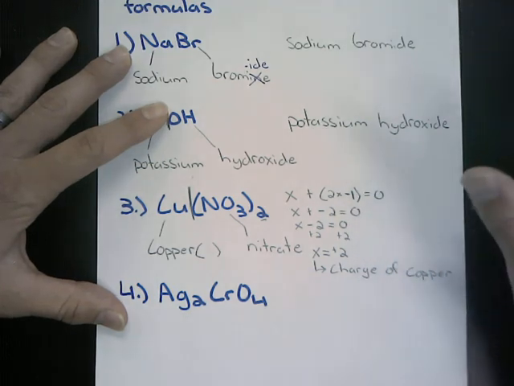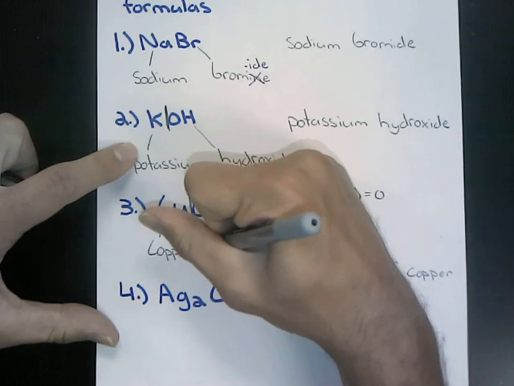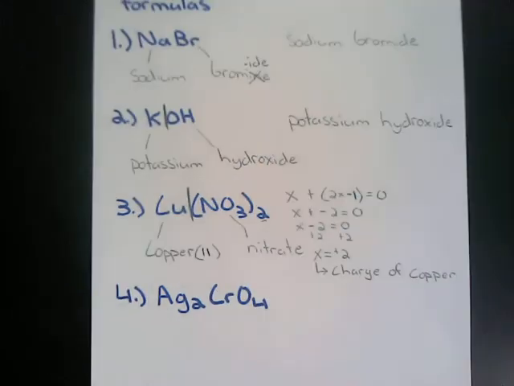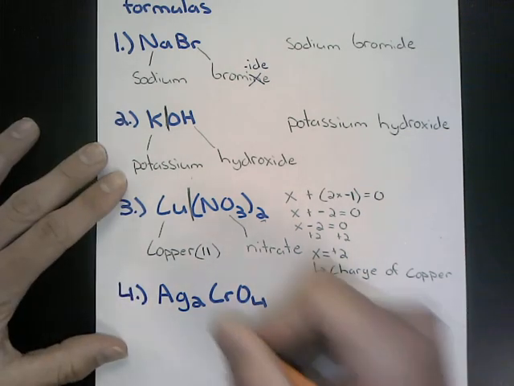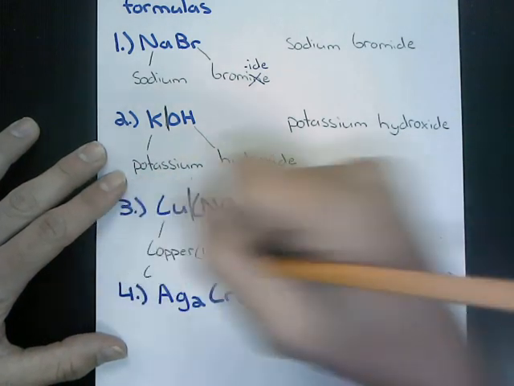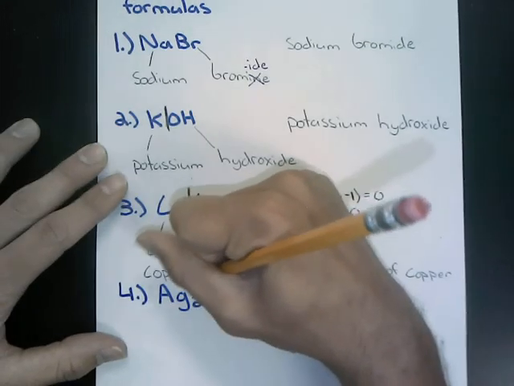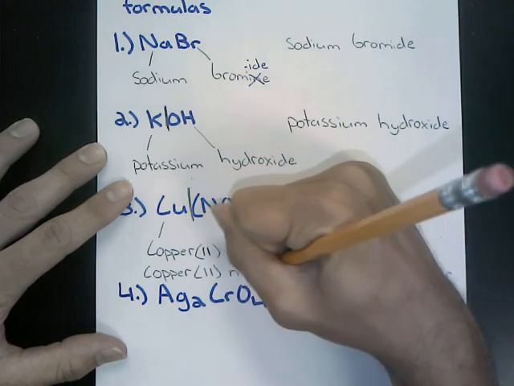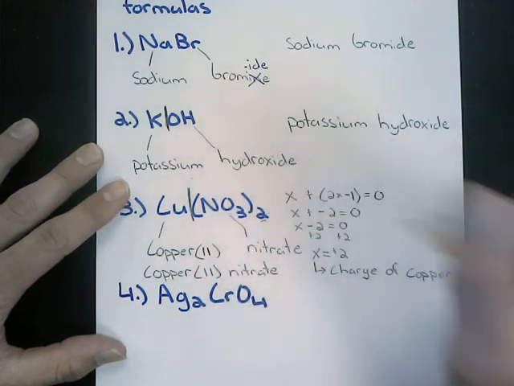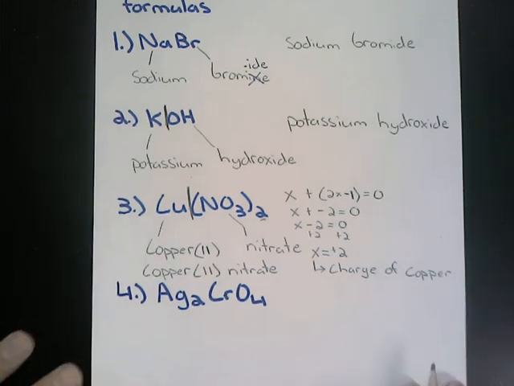So what we can do in parentheses is insert the charge of copper as a Roman numeral 2. So when we go to rewrite this, and I'm going to write it below, the name of CuNO3 is copper(II) nitrate. Okay, so now we have one left. We have